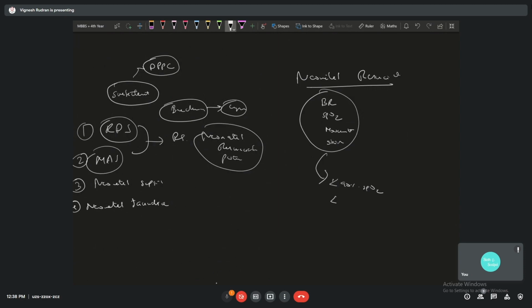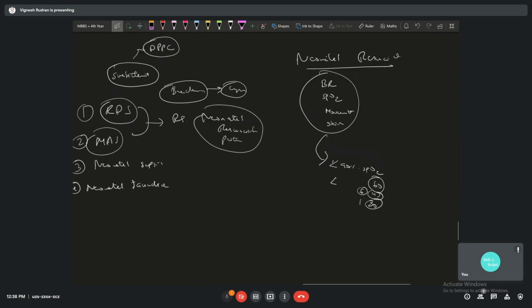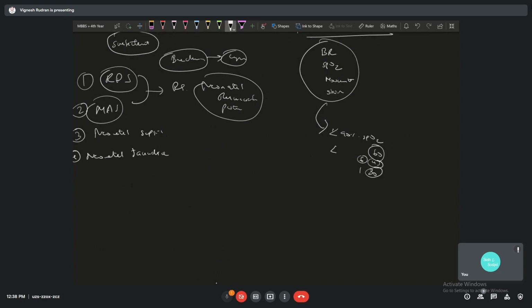In a normal infant, up to 60 is normal. At 1 year it becomes 30. So at around 6 months you put it as 45. These are normal breathing rates. If it's not there, then you give artificial bag and mask ventilation. And while you're doing this, you check for heart rate,